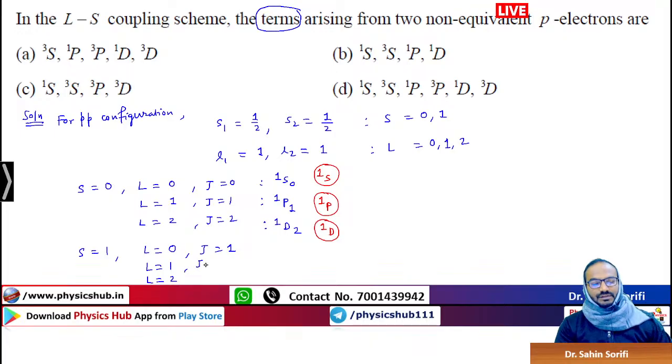This gives you J equals 0, 1, 2. This gives you J equals 1, 2, 3. And this gives you the term 2S plus 1, which is 3. So 3S1, this gives you 3P0, 1, 2. This gives you